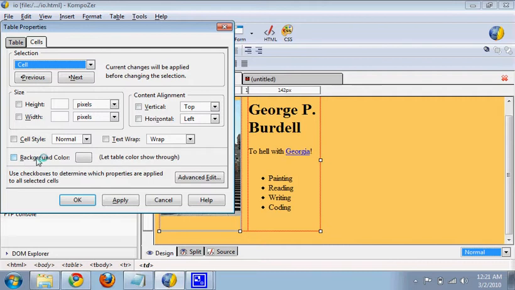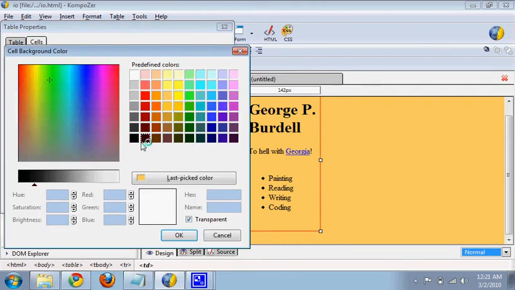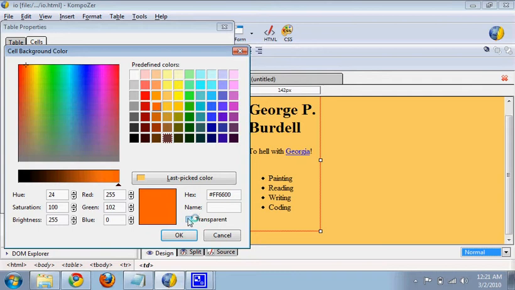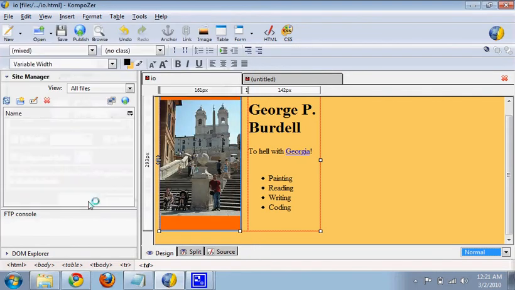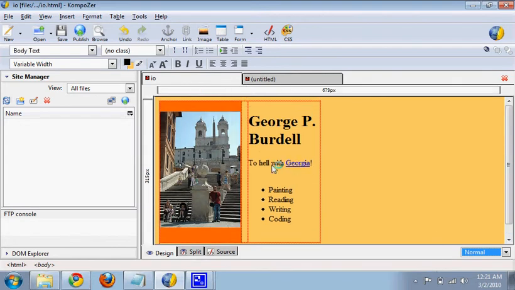Now, if you'll notice, we can choose a background color for this cell. So let's say we want this to stand out a bit more. So let's choose a bit of a darker orange for it. Click Orange, click OK, click Apply, and you notice the cell behind the picture has been filled in with a bit darker of an orange. Save it, browse,